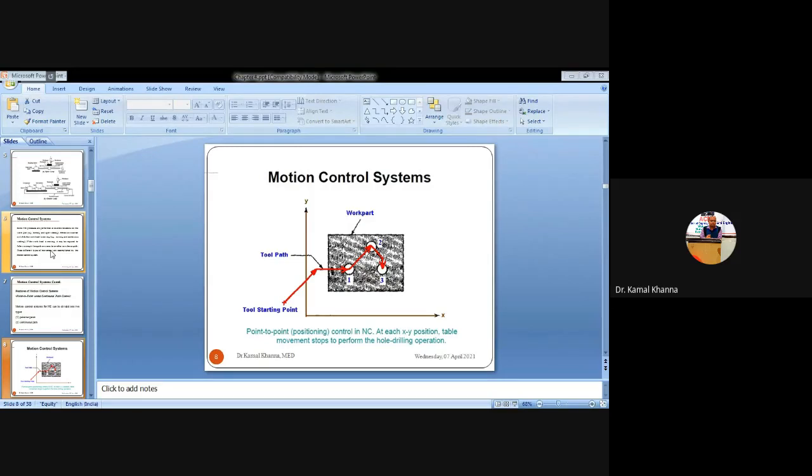So here you can see this is not a continuous motion of the tool. We have to perform the operation only at three discrete points. Whenever the tool is moving from point 1 to 2, from point 3 to 1, and again back from 3 to the starting point, the tool doesn't have to perform any operation. So it remains in the idle position, the unloading position. The tool has only to perform the operation at points 1, 2, and 3. So this is called the point to point or the positioning control motion control system in the NC coordinate system.